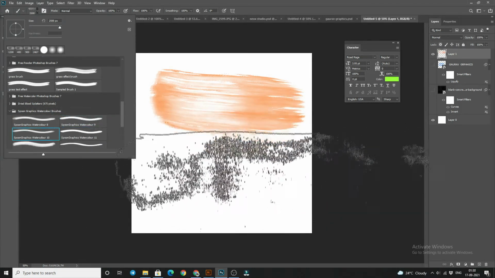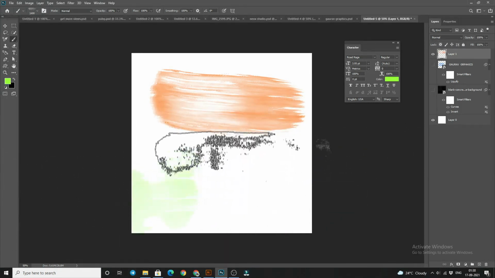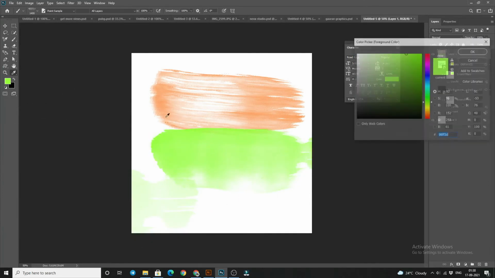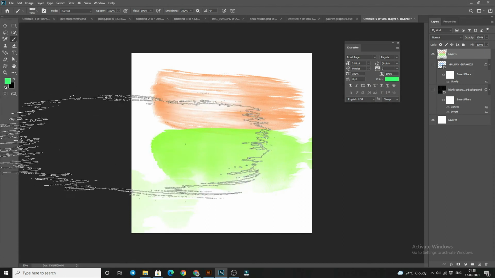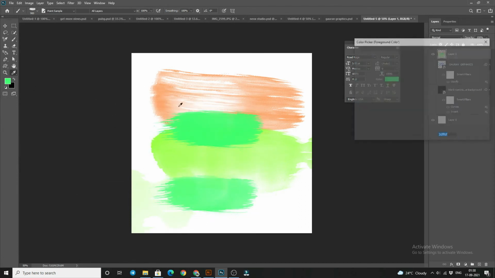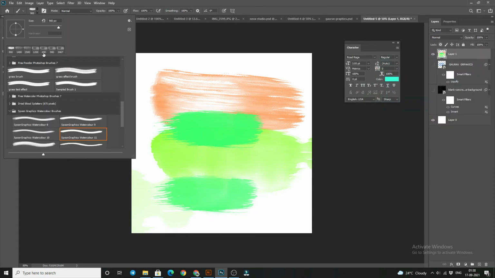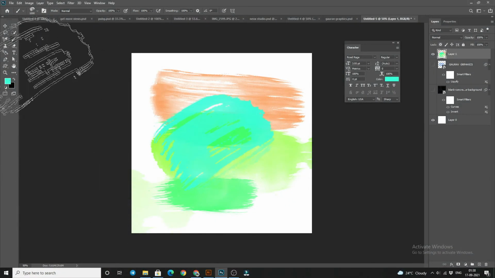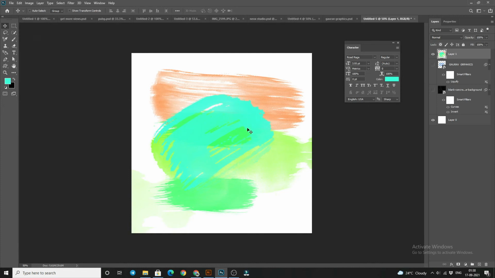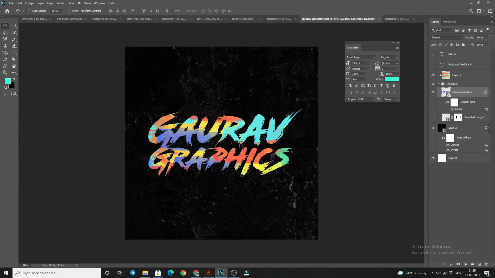So guys, you can see that I had made this kind of thing here. So guys, now I am showing you how I fit these colors in this text.